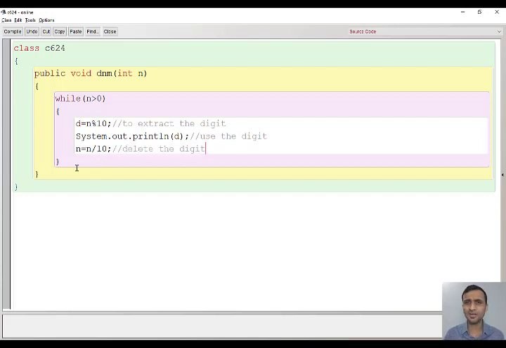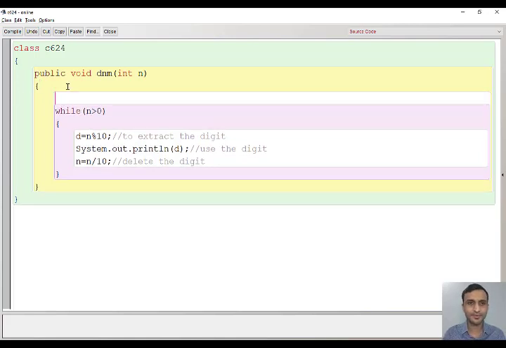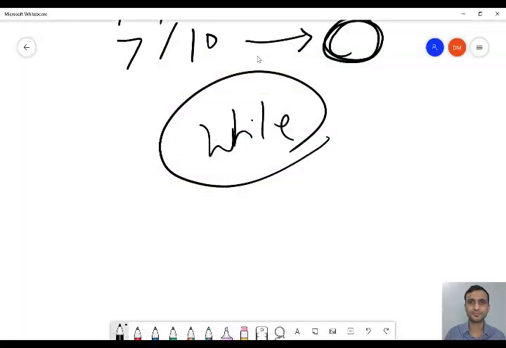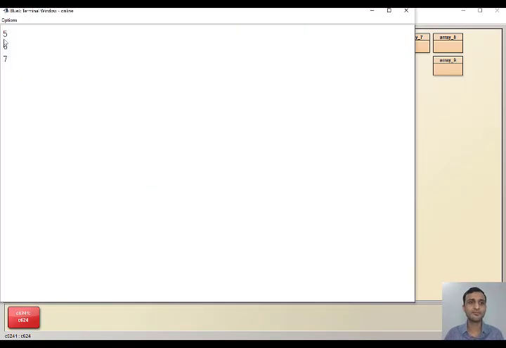Okay, in all the digit based programs. So now we'll declare all the variables. int d, n is already declared. Let us run and check if we are getting the answer. Then I'll explain what I have done in this program. See, 5, 6, 7, we are getting all the digits separated.